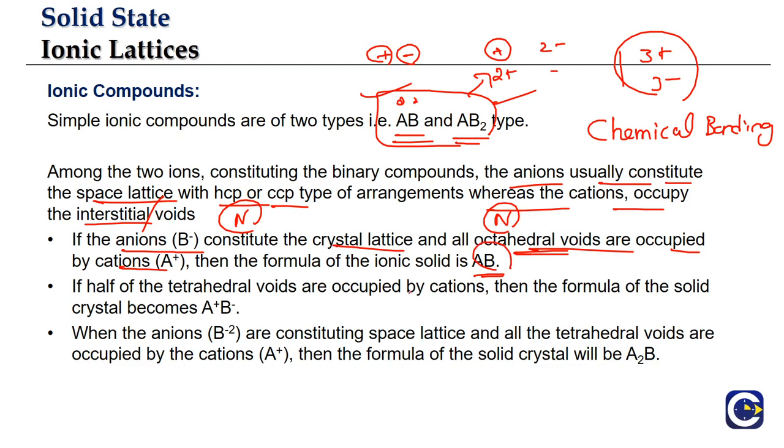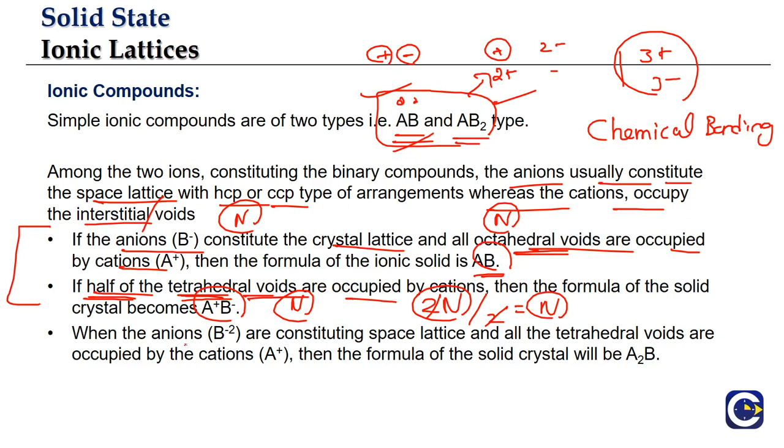The other possibility is if anions are forming the lattice, means we have n number of anions, and the cations are occupying only half the tetrahedral voids. Remember, the number of tetrahedral voids will be 2n. If the number of lattice points is n, the number of tetrahedral voids will be 2 times n. This we have discussed in the previous video already. So the cations are occupying not all the tetrahedral voids. Cations are occupying only what? Half of the tetrahedral voids. Means here also the cation count becomes again n. So the simple formula is going to become what? AB. So in these two cases we will be seeing that typically the compounds of AB will get formed.